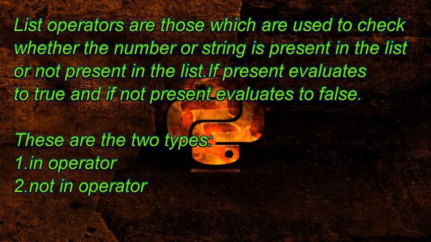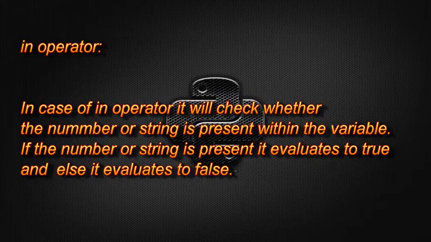Another kind of condition we have is with the help of operators that we use within the list. We have one operator, that is the in operator. The in operator is basically used to check which strings or which numbers are available within the list. Say we have defined hello in the list. We need to check whether it is present in the list or not present in the list. If it is present, then it will deliver the result as true, or if it is not present, then the result we get is false.